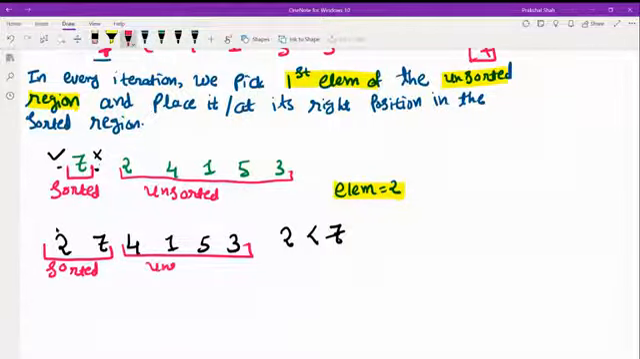Sorted, unsorted. Now again you have to follow the same process, you have to follow the same process. So see, here